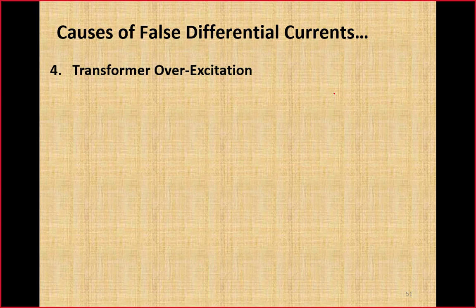the fourth phenomena is transformer overexcitation. We have discussed this overexcitation of transformer in our last lecture. We have discussed that overexcitation will occur either voltage increases or if frequency reduces. Impact will be same. Here we discuss this overexcitation in terms of increase in voltage, but the situation will be exactly same if the frequency will reduce.